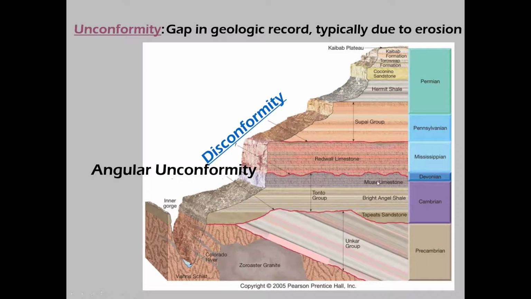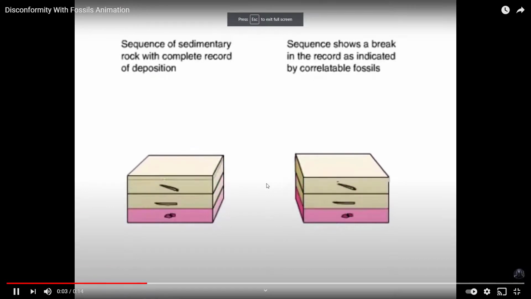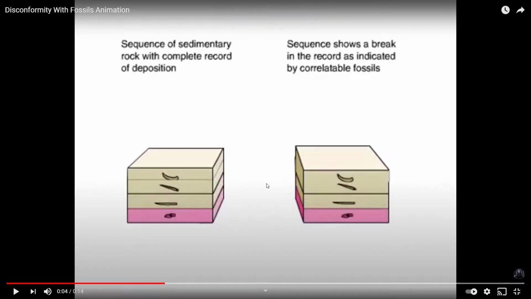These are all sedimentary rocks, right? Limestone is sedimentary, and the Supai group is actually a series of shales and sandstones. A disconformity is created when you have, I'm going to talk you through this, when you have erosion between flat-lying layers of